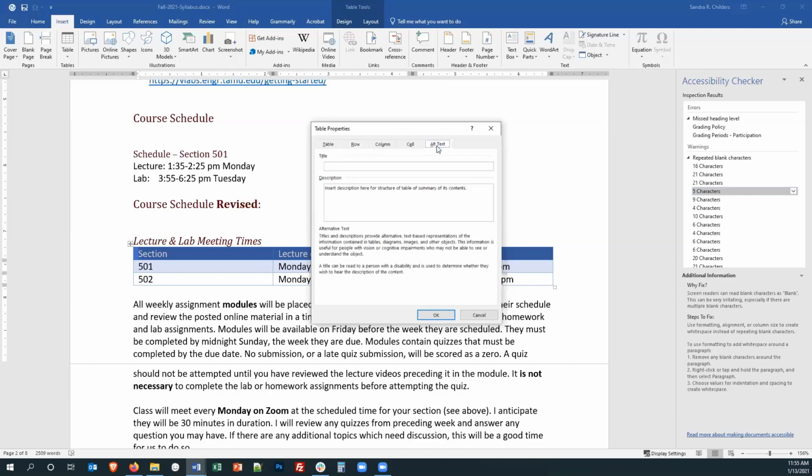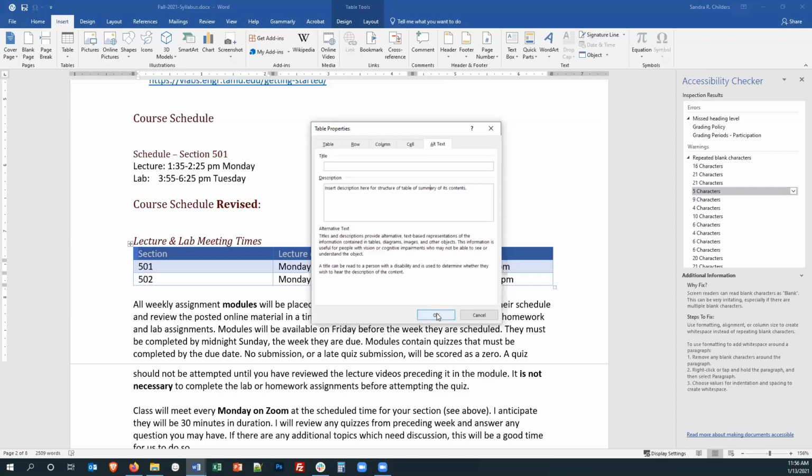You also, if you have a difficult table set up, can come here to the alt text tab and add a description, which either mentions something about the structure of the table, or you can give a summary of its contents. For sighted students, it may be easier to summarize or figure out what's going on in a table, but for people that are getting through it with a screen reader, it may be more difficult. So giving a summary of its contents might be very helpful to those students.